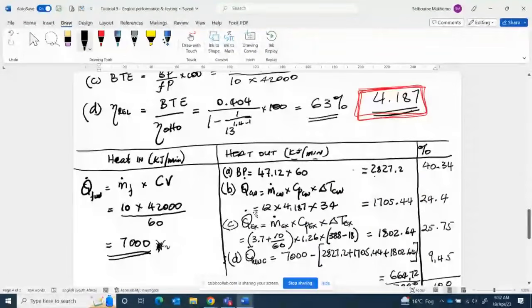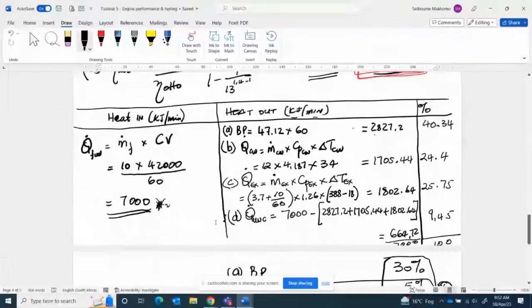And then if you have questions, I know that there will be questions here as to what happened here. What happened here is simple. For you to get exhaust gas is actually what? The sum of air into the engine plus fuel. So this is air and this is fuel. So we add the two, they give you a total of exhaust gases. That is a simple explanation of